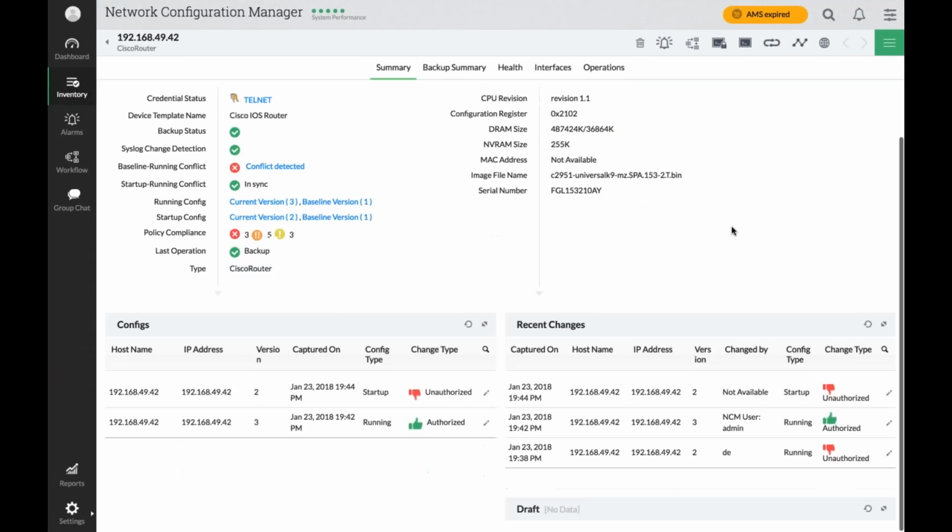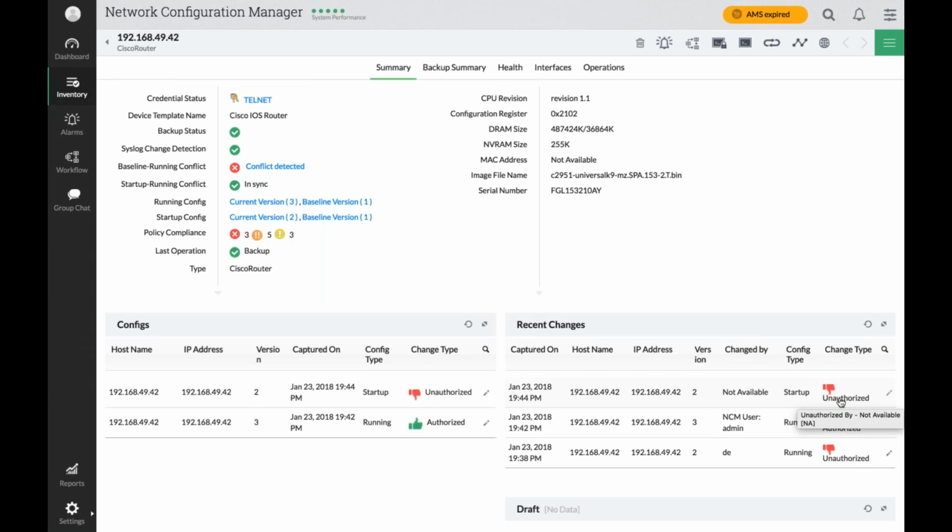Here in the snapshot page, you can see all the recent changes listed. This shows the timestamp, which tells you when exactly this change has happened. And it shows you which version this is. And it shows you who made the change and what the configuration type was, whether it was a running configuration or a startup configuration.